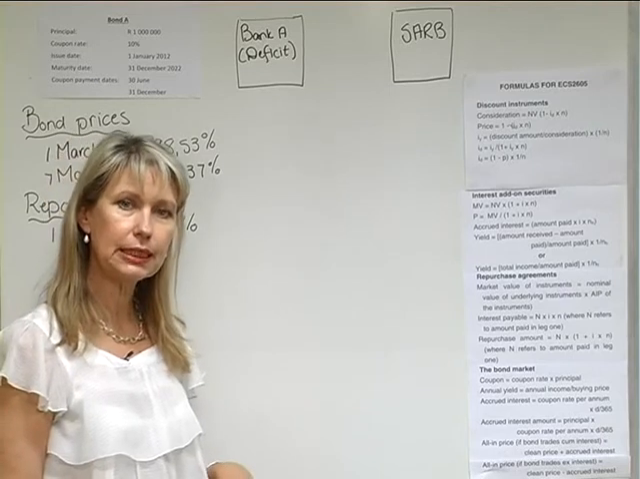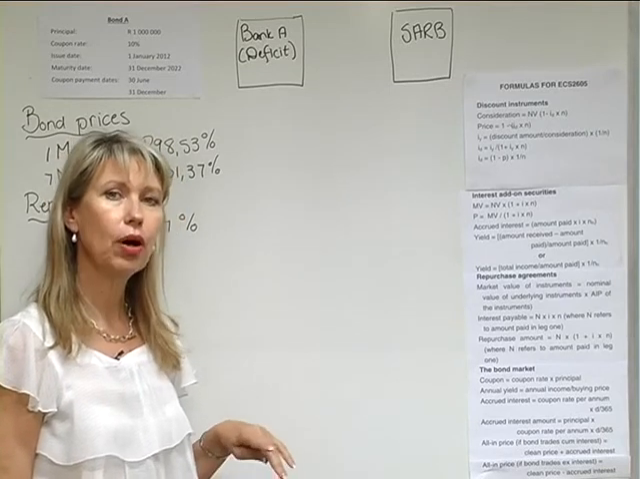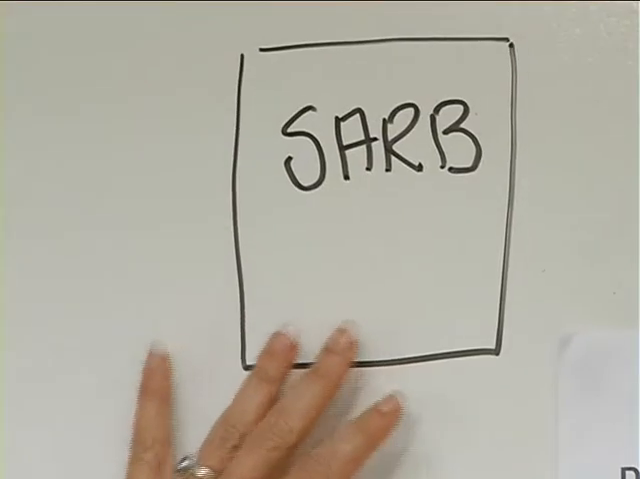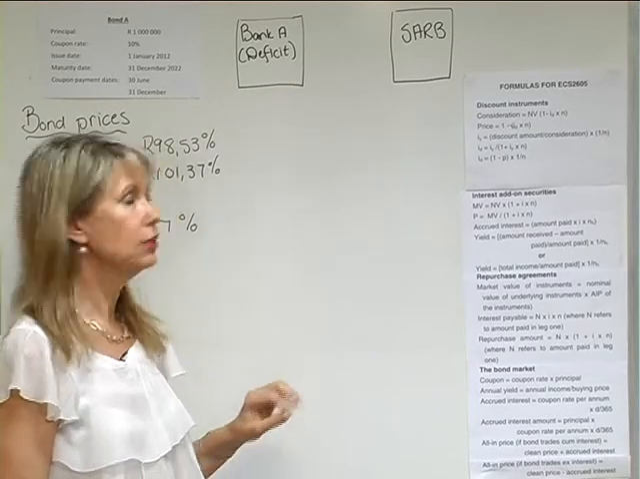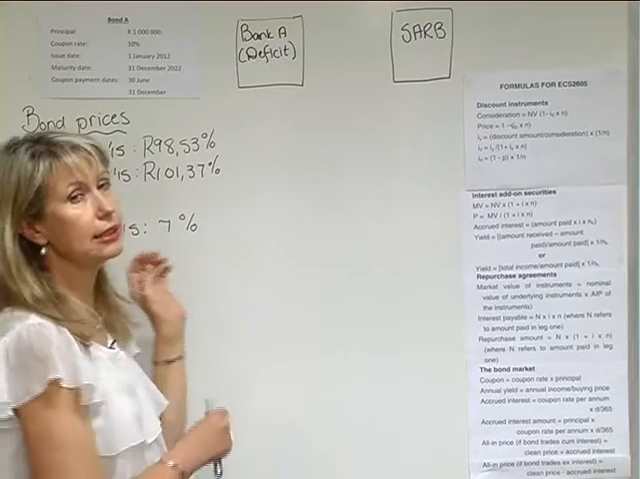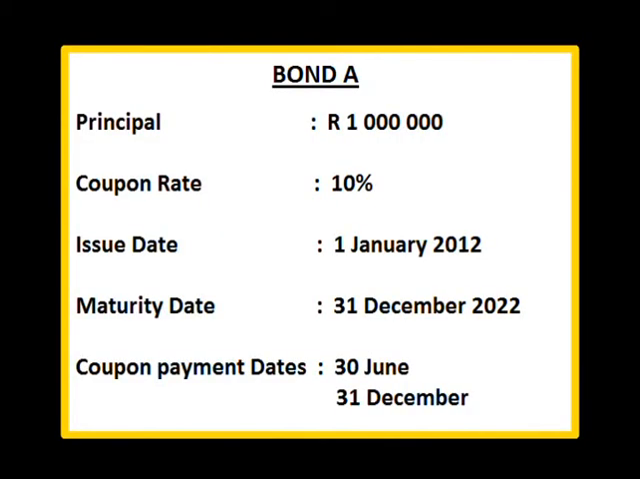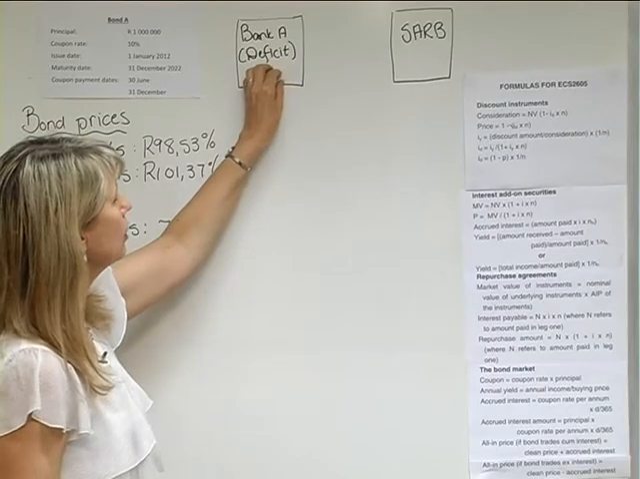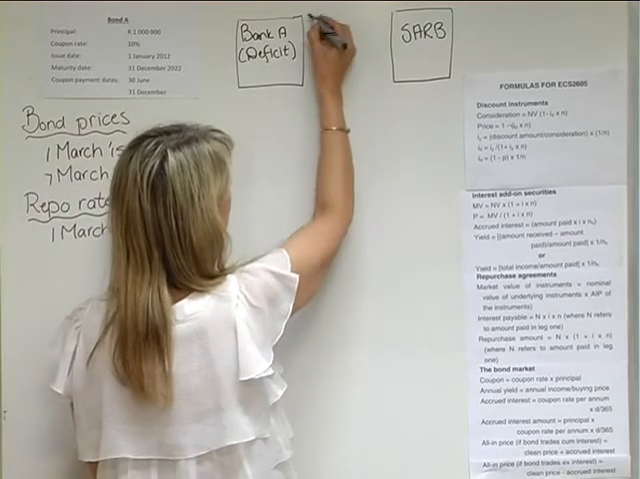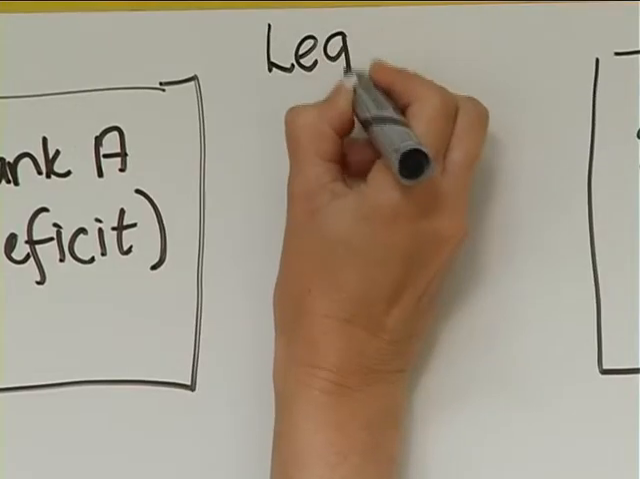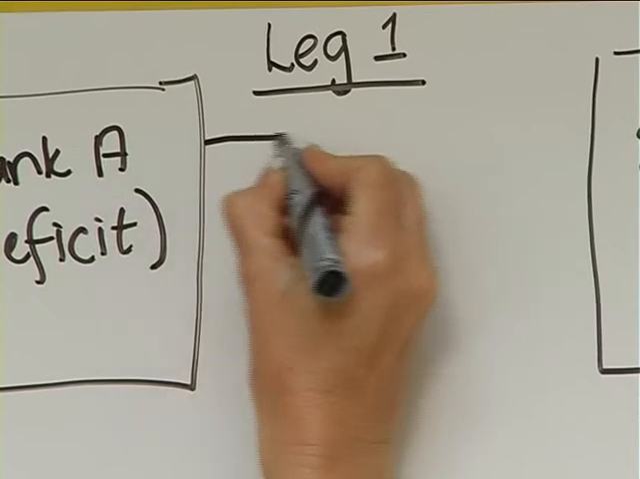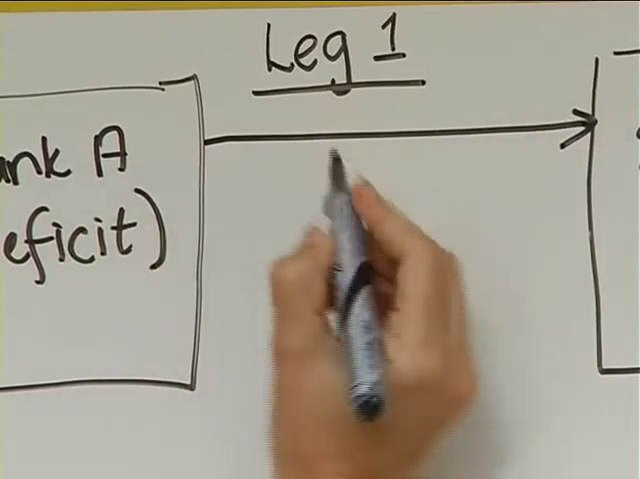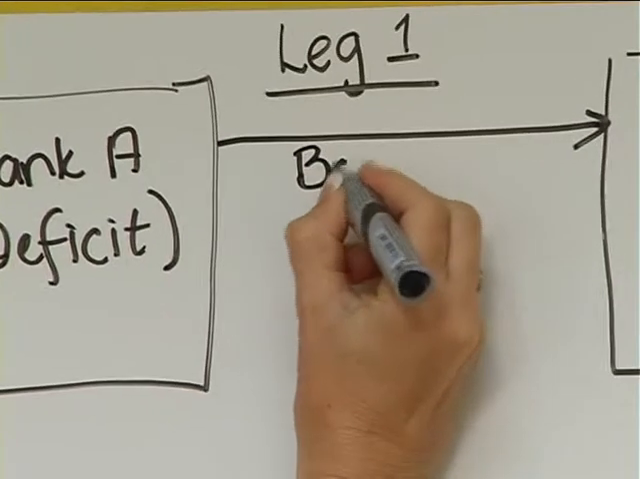Now repurchase agreements, as you will know by now, are often used by the Reserve Bank to finance the deficit of the banking system. So what will happen is that there is a financial instrument, a bond, a financial asset that is sold by Bank A to the Reserve Bank, and that happens in the first leg. So this transaction has two legs. In leg one, the bond is sold by the deficit unit, Bank A, to the Reserve Bank,